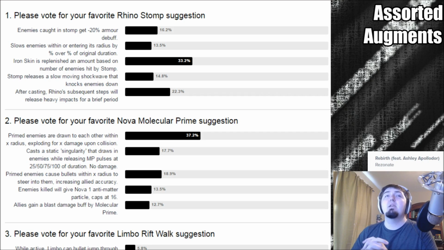Moving on, we've got Nova's Molecular Prime, and honestly, there's not any really good ones here. I think the best one won, once again, by quite a large margin, just like the Rhino one. So the Nova's 4, also, in the same way as Rhino's 4, is very, very strong. It's a really good ability, and you do run the risk of making it way too strong, because Nova's Molecular Prime was already too strong in the past and had to be nerfed down to what it is now. So you don't want to accidentally, by one augment, bring it back to that absurd power level that it was at. That being said, I think the one that won is also kind of boring, even if it is the best,